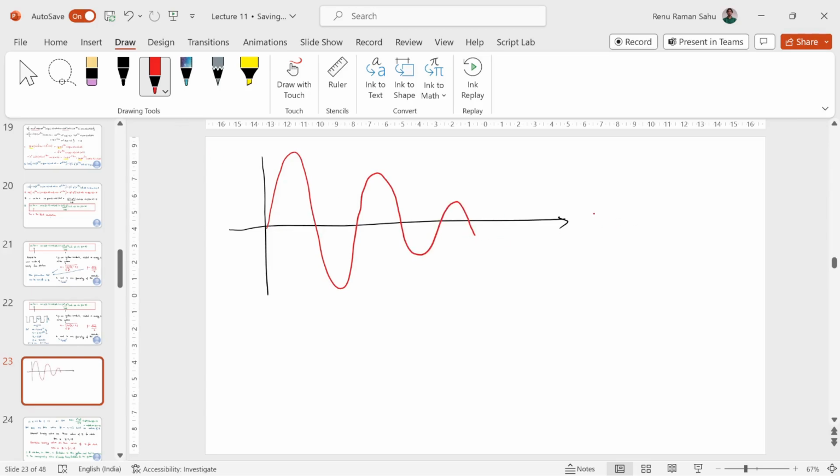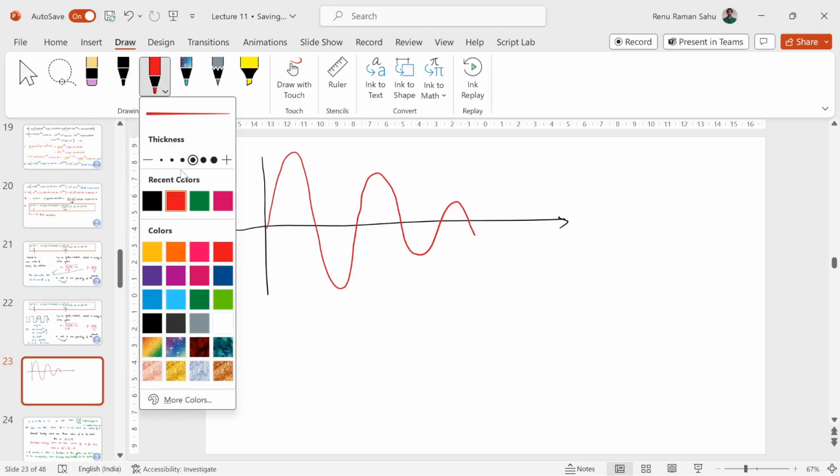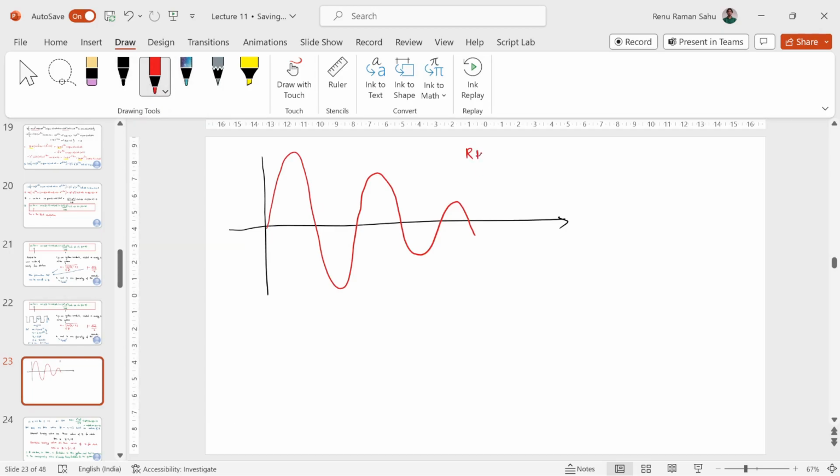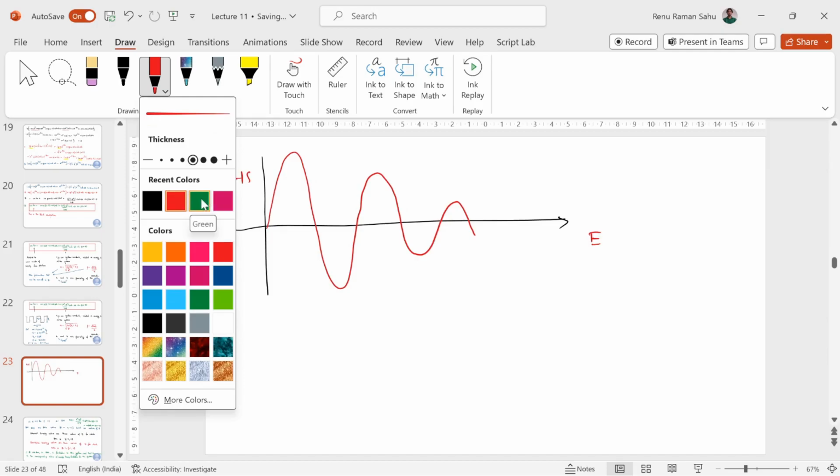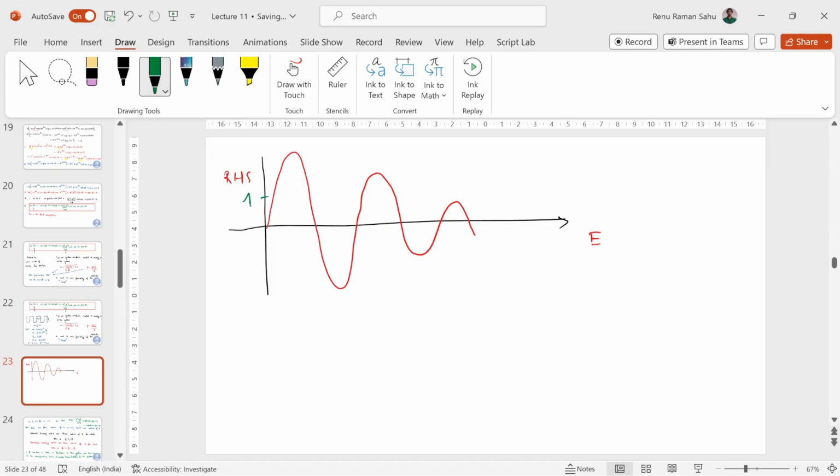It is just going to attenuate, but this is your right hand side value, with energy on the x-axis. But this only makes sense when this value is between -1 and 1. If this is 1 and this is -1, then only in these regions